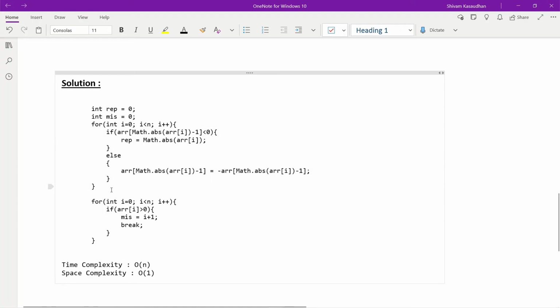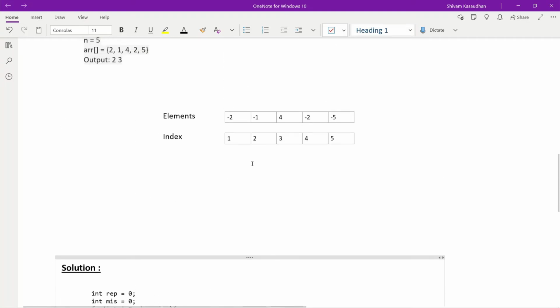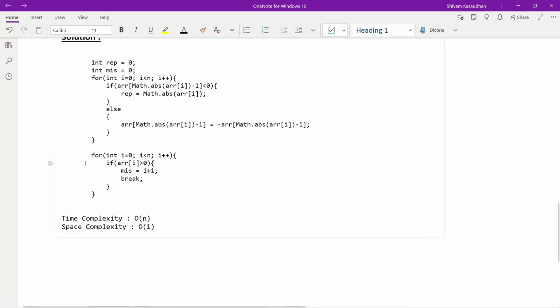So after finding the repeated number, what we have to do is just find the positive number, that is not containing a minus sign, that is our missing number. For that I am simply running another for loop and I am checking if the number is greater than 0, that is positive, I am going to store the index of that in our missing variable.